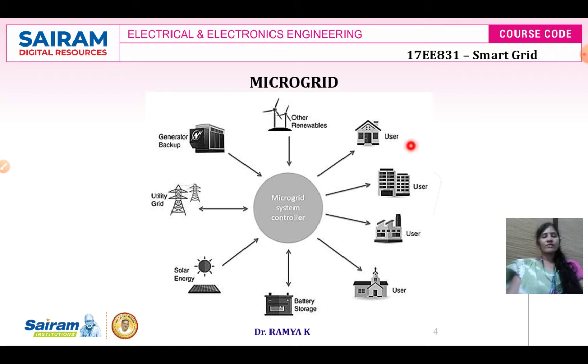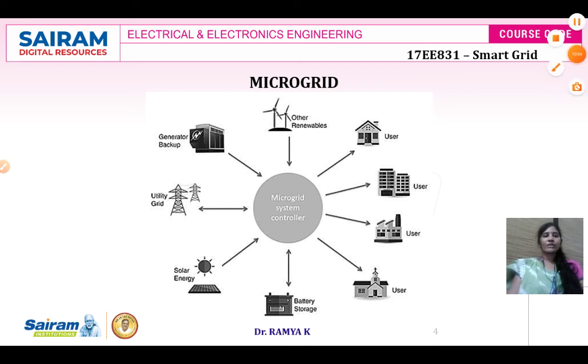Once the power is generated, it will be distributed to the user. As we discussed, the user could be either an industrial user or a commercial user. Commercial user means only household appliances. Industrial user means high payload like rolling mill, furnace, steel mill. So different types of users with different variations in load may be there, and for them also it will be supplying load. When you see here, it is a house, these are also houses, multi-storage buildings, industries. So according to the requirement, the power will be supplied in this microgrid.